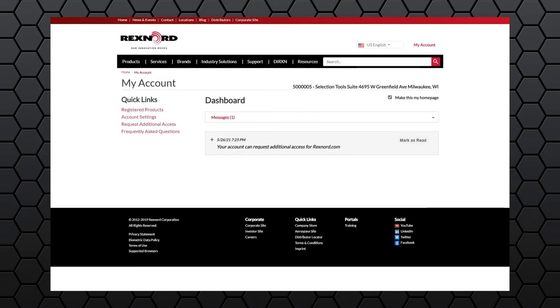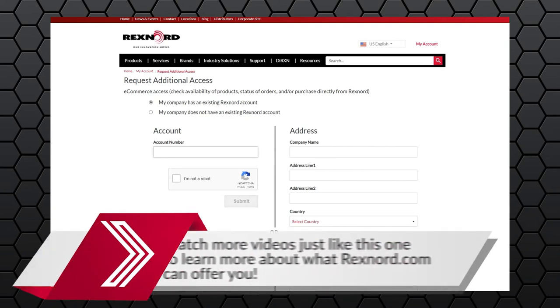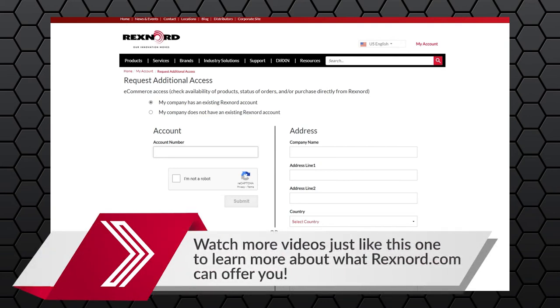From the first page, you can either enroll yourself into an account if you are one of our customers via Request Account Access. This will take up to 2 business days to be approved, but once approved, you may begin using our e-commerce tools for quoting and ordering. If you are an end user, you will already have access to our selectors, configurators, and CAD drawings, so no